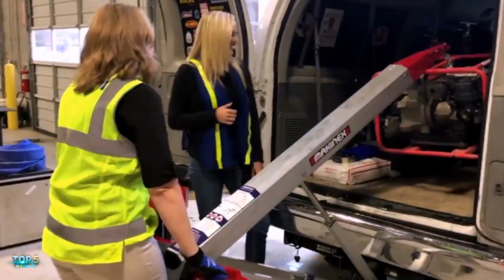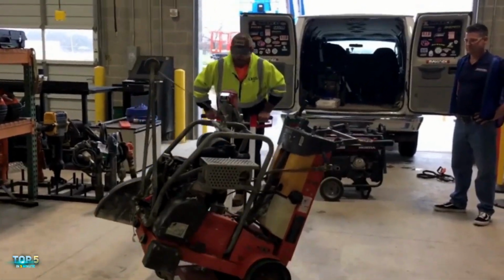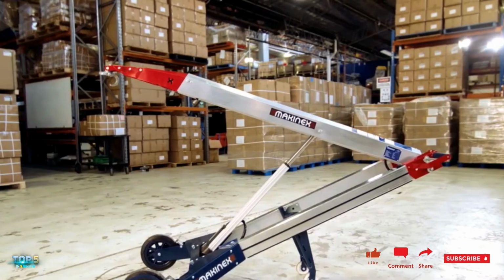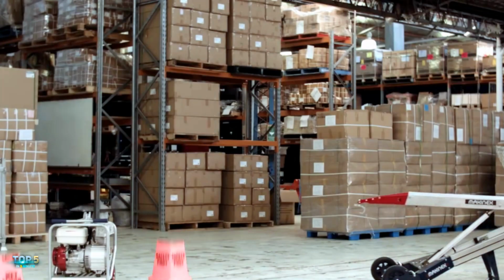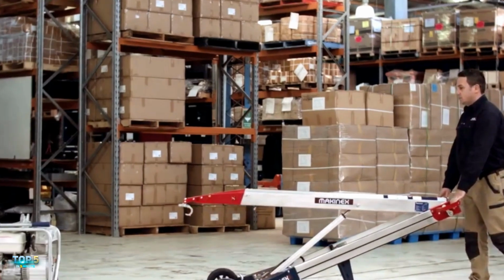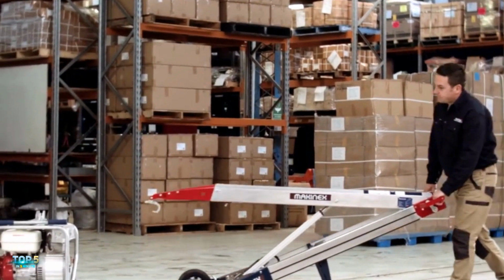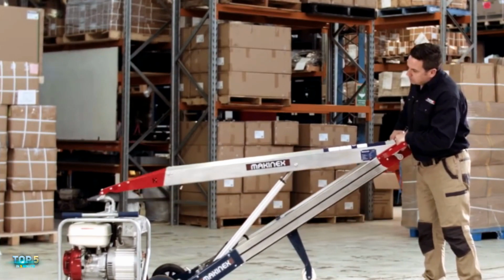The fourth tool on our list is the MakeNX powered hand truck. This is a device that can easily lift heavy equipment up to 140 kilograms. The MakeNX powered hand truck uses a hydraulic system to lift and lower the load with a simple switch. The MakeNX powered hand truck has a foldable design that makes it easy to transport and store. It also has different attachments that can handle different types of loads, such as generators, air conditioners, water tanks, or gas cylinders. The MakeNX powered hand truck can reduce the risk of injuries, save time and labor costs, and improve